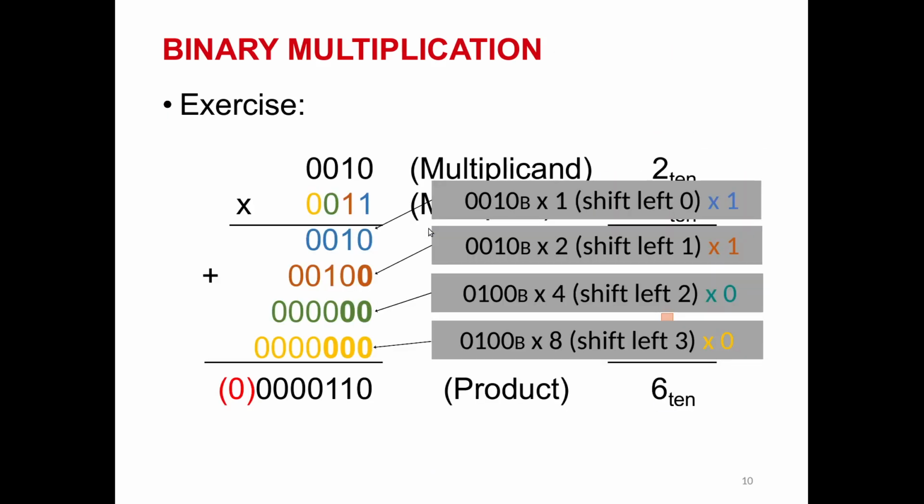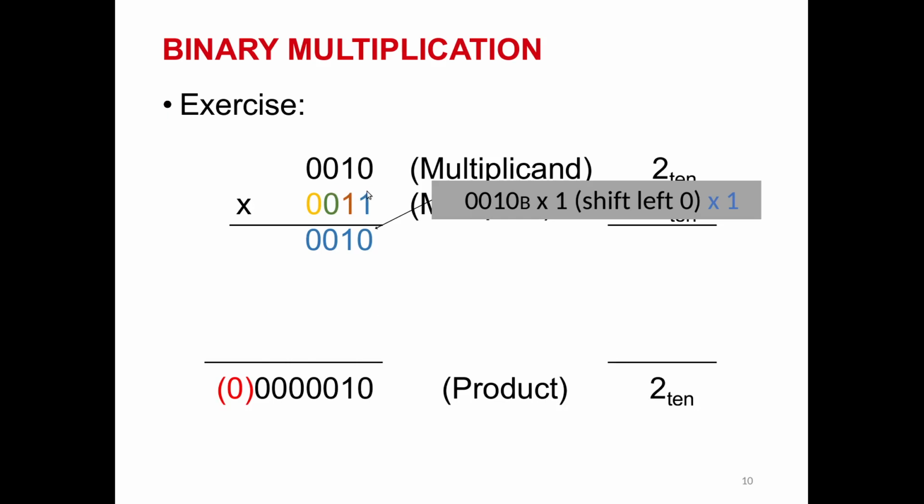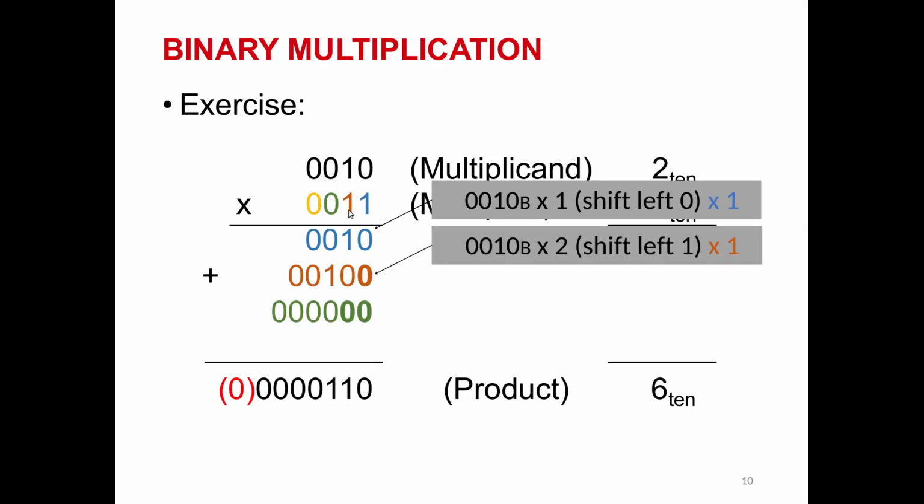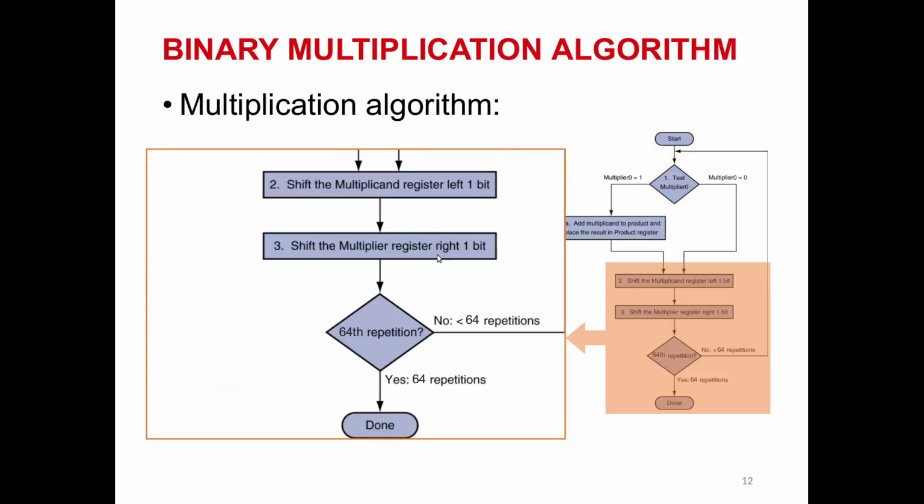Why do we need to do so? Because after the first calculation here, this bit is already used. We don't need to use it again anymore, but we change to this bit. So if we shift this value 1 bit to the right, this bit will be located at the bit 0 location, and so we will need to check the bit 0 only instead of checking bit 1, 2 and 3. So we will shift the multiplier for 1 bit, and then we check whether we already complete all the bit computation or not.